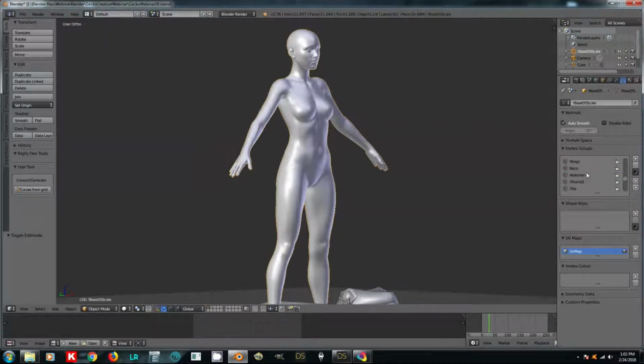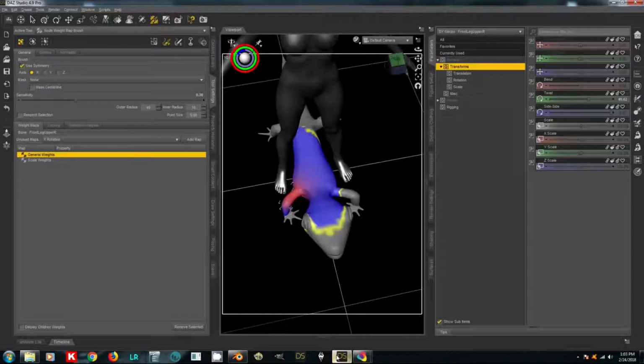So DAZ Studio likes you to start with little r, little l on bone names. I didn't like to do that because I wanted the bone name to be the same as the bone's label. But if you make everything no spaces, start with a lowercase l, lowercase r, then in DAZ Studio,